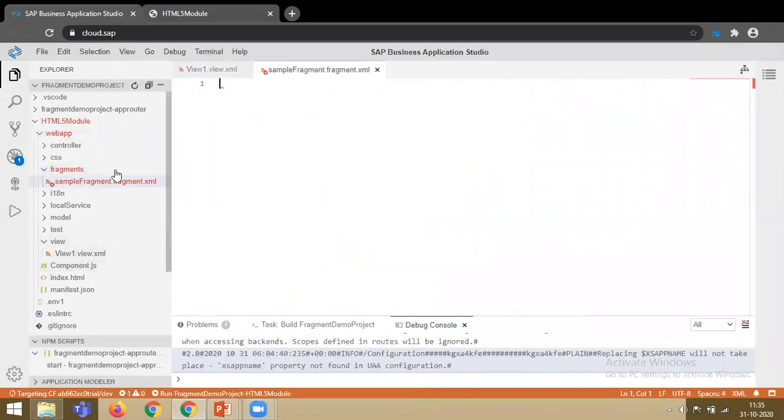So my fragment file is created. So let's declare the fragment definition.